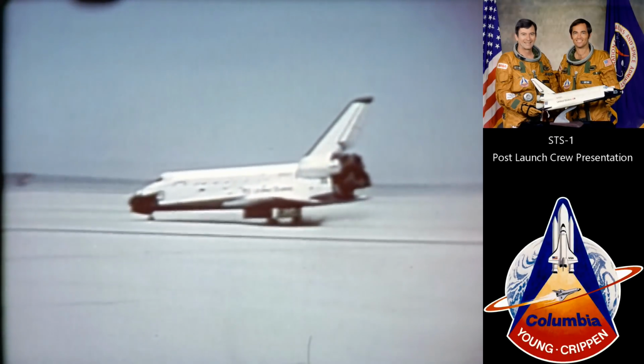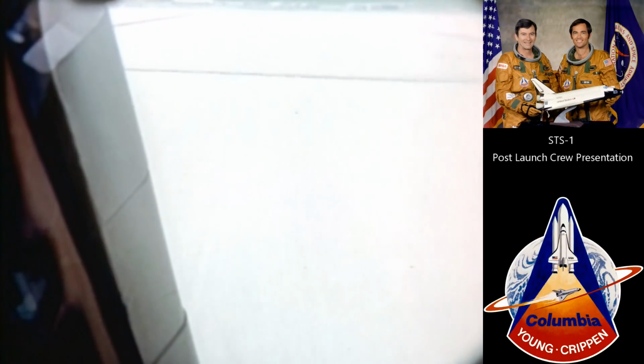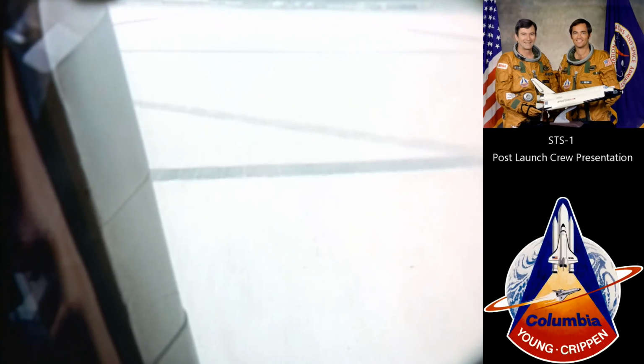And we rolled right up here so Kennedy Space Center's recovery team could get a hold of us and hook the coolant up as fast as possible. We rolled into the runway intersection. We did that on purpose, so we hardly used any brakes on this rollout, and there's the vehicle sitting, and